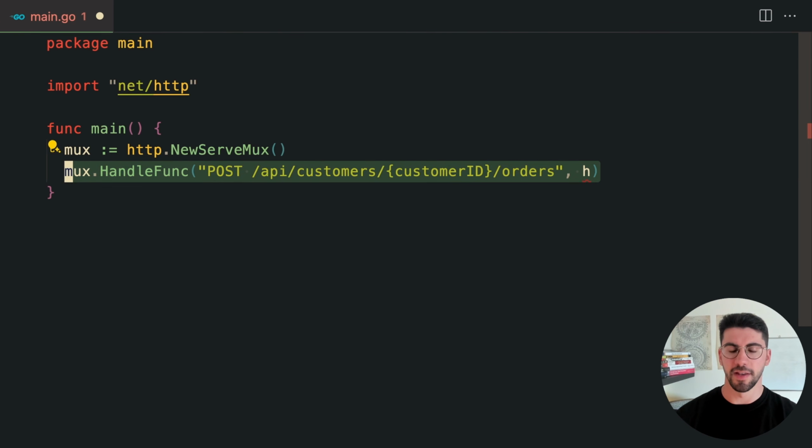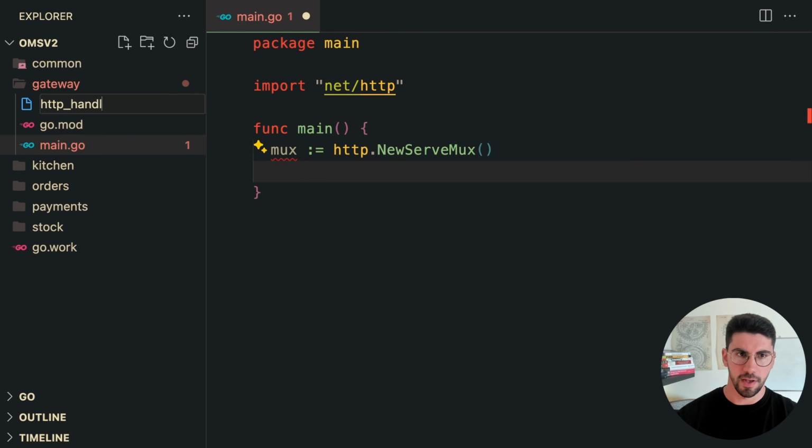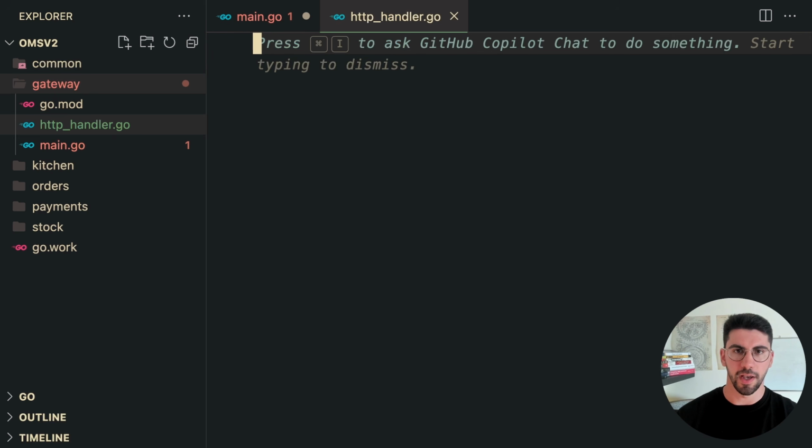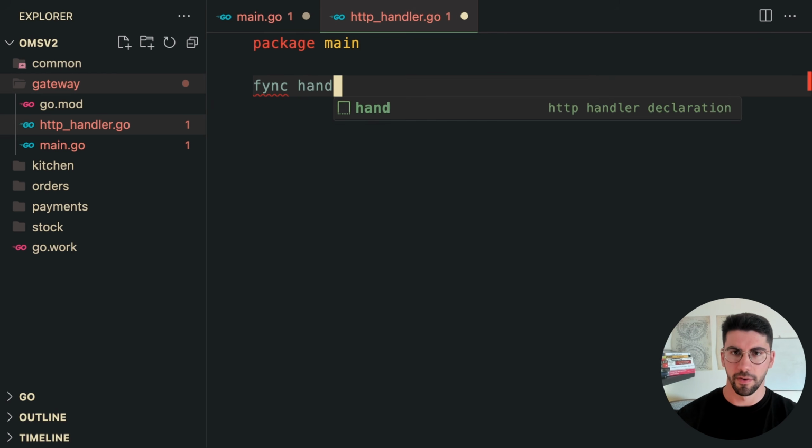What I'm going to do instead is copy this out and create a file here called http.handler. This is going to be the handler for the HTTP layer. Let's just call this main. And then here I'm going to do what I usually like to do in all of my videos, which is having a handler type,